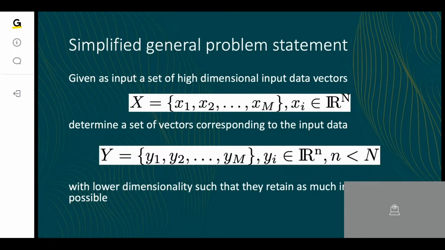And what you're trying to do is create a mapping for each of these high dimensional data points X. You're trying to create a Y. Y is in the small n dimensional space, where small n is much smaller than your capital N. Okay. But we want to make sure that the mapping from X to Y follows certain rules, or that the structure overall is maintained in going from X to Y. Okay. Now,